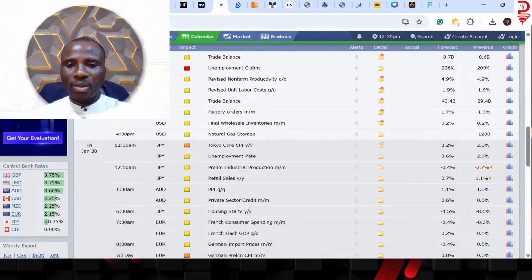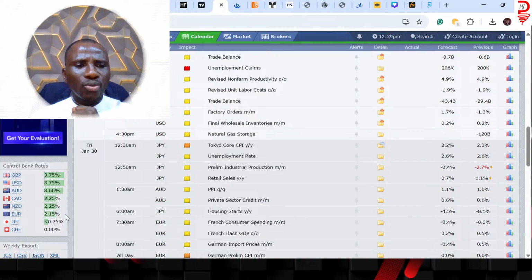3.6%. I want to believe you can see my analysis, yes, on the left corner of the screen. Okay, I believe you can see me. So this is where I'm pointing your attention to. The interest rate for GBP is 3.75, and of course that of United States dollar is 3.75, Australian dollar 3.6,